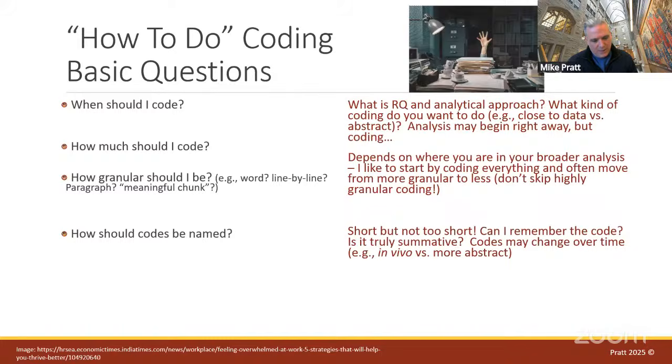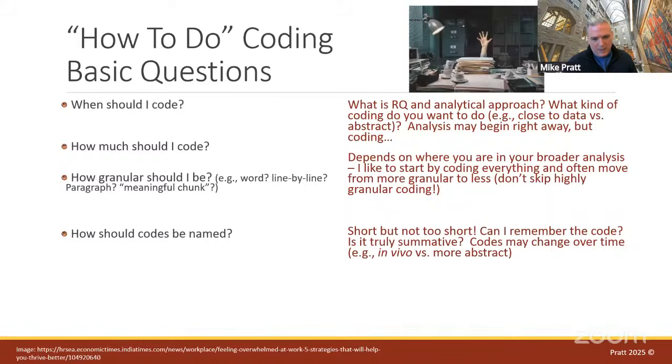And then, as I mentioned, coding changes over time. I'm not going to code in the same way at the beginning of my research project than I will at the end of my project. So again, I'm going to start with closer to the data. So people refer to the term in vivo. It's not just a computer program for analyzing data. In vivo means something you get as you're using their own terms.